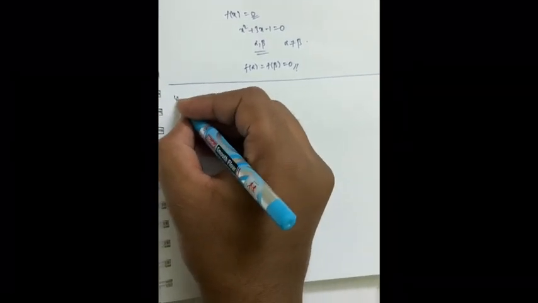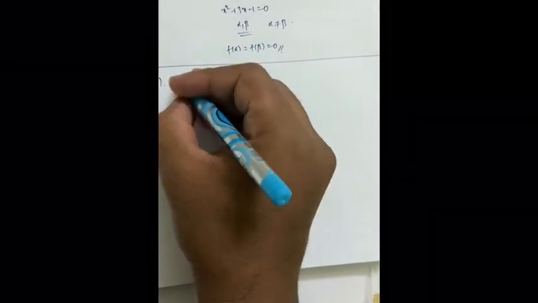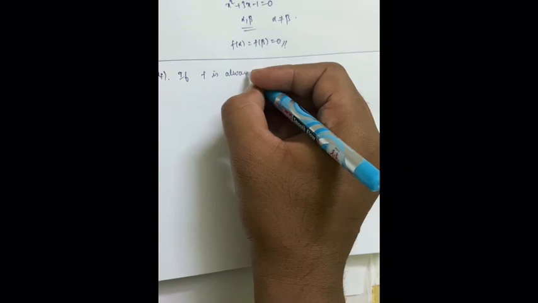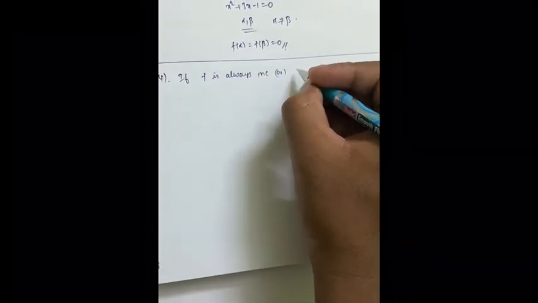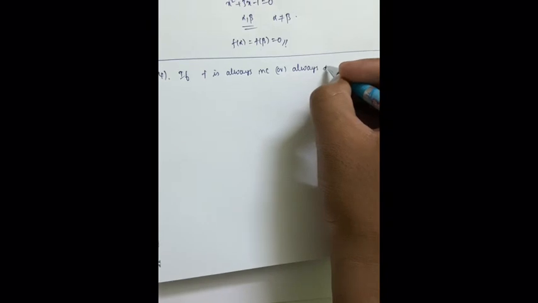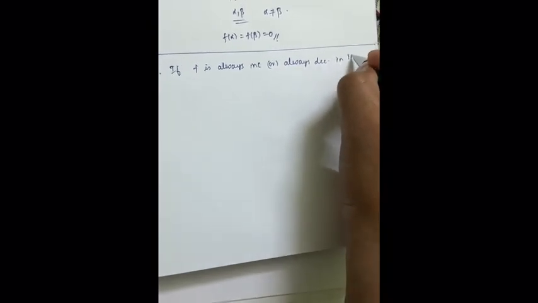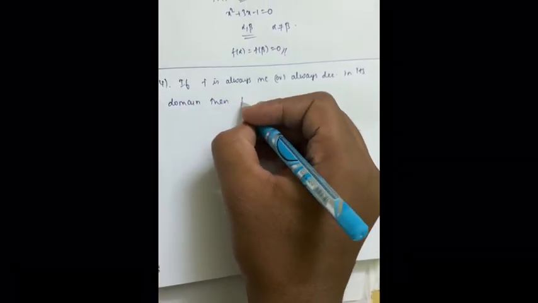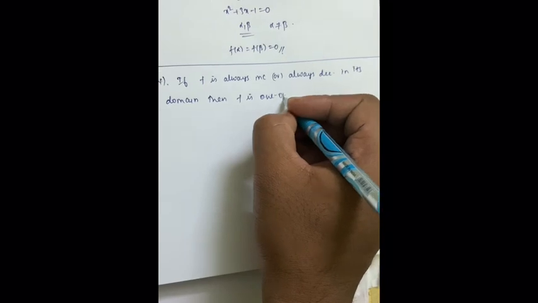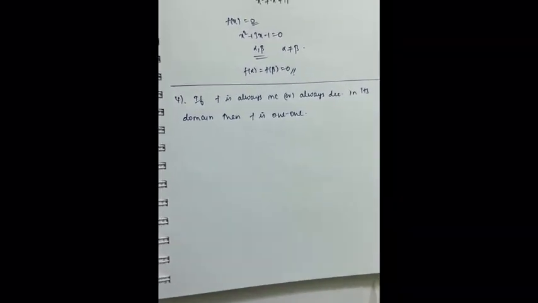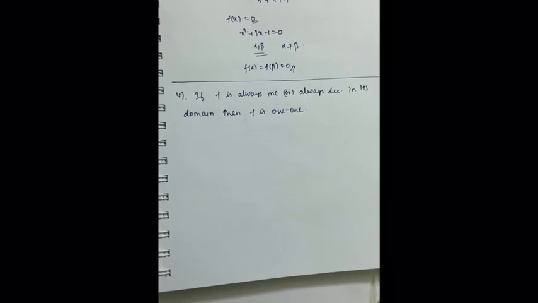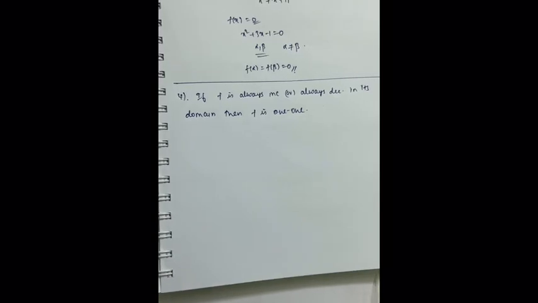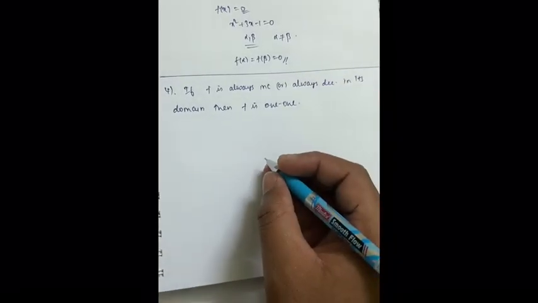Very simple rule, which is, if f is always increasing or always decreasing in its domain, then f is 1-1. Okay, so how to check whether a function is always increasing or always decreasing is by drawing the wavy curve of f dash. So